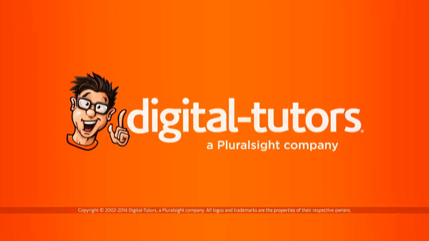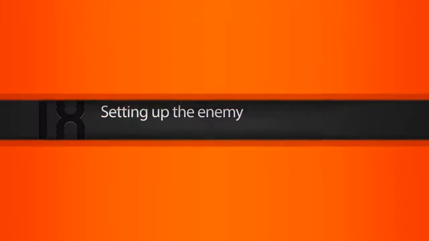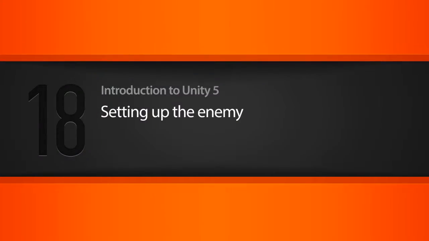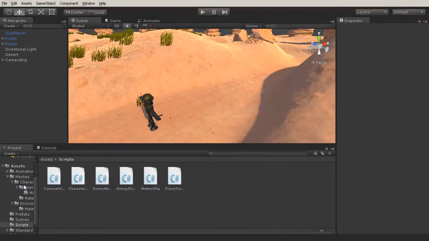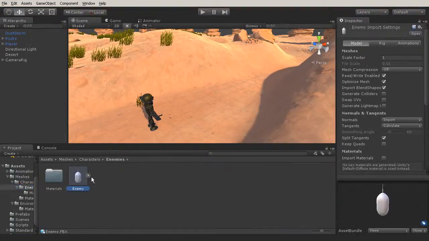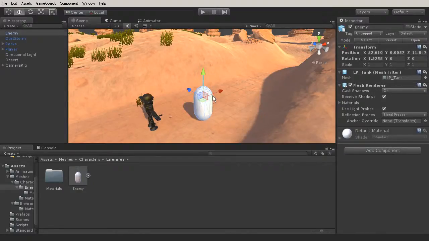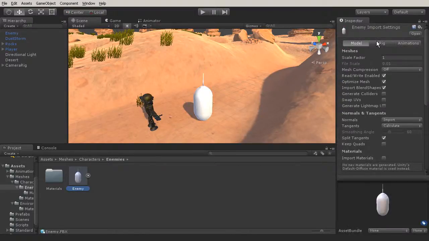In this lesson, we're going to set up our enemy character. Alright, so let's go ahead and go to our projects browser here, and let's go to the enemies folder, and we have our enemy, and we're going to left click and drag that into the scene. You may want to go ahead and select the object in your browser just to do a quick check of